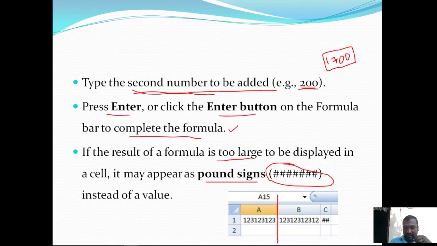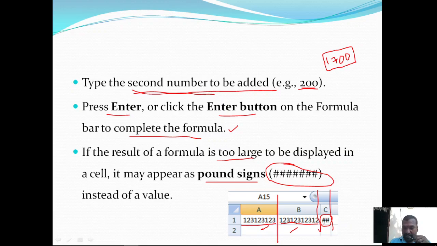So this is cell A1. A1 contains 1, 2, 3, 1, 2, 3, 1, 2, 3. And this is B1. It contains 1, 2, 3, 1, 2, 3, 1, 2, 3, 1, 2. And this is the C column. The size of C is low as compared with the size of A and B. Here size in terms of width.